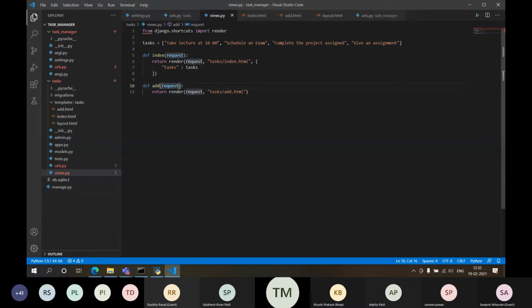To do that, I need to take the parameter from the list, right? But before that,